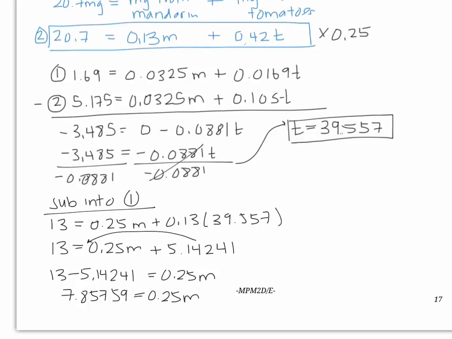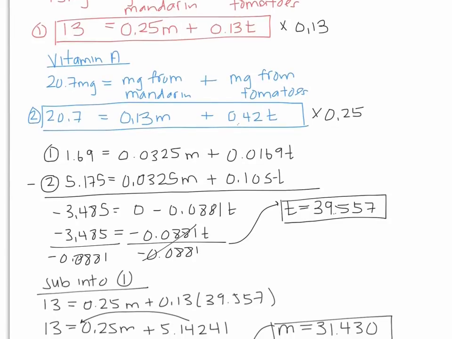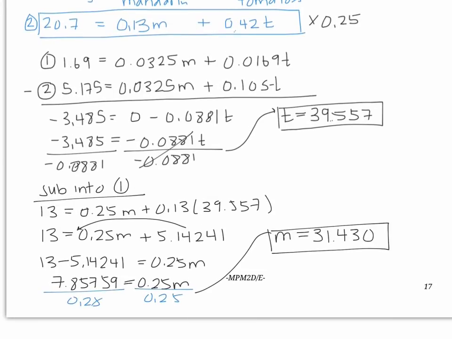Let's finish this off by dividing by 0.25 and dividing by 0.25. So I'm left with m is equal to approximately 31.430. So in conclusion, for this special diet where we're supposed to get 20.7 of one vitamin, and I can't even remember how much of the first one, 13 of the second vitamin, we need to eat this many grams of mandarins, 31.430, and this many grams of tomato,